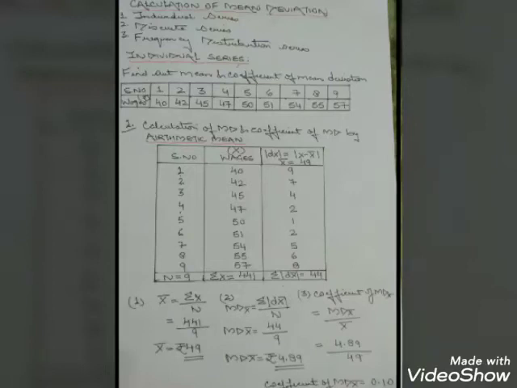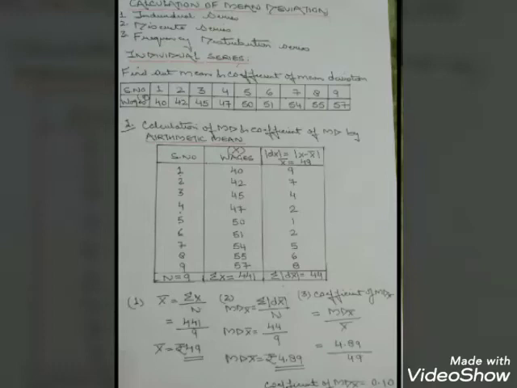So children, you got the arithmetic mean as 49, which I have written in the third column. Now we are going to take out the deviation from this. You know how we take out the deviation: X minus arithmetic mean. Arithmetic mean is 49, and our x has already been given. Your first x is 40. If you subtract 40 from 49, you get 9. Now you are not going to put any sign. In the beginning, I told you that in mean deviation, we totally neglect positive and negative signs. So we are not going to put any kind of sign over here.